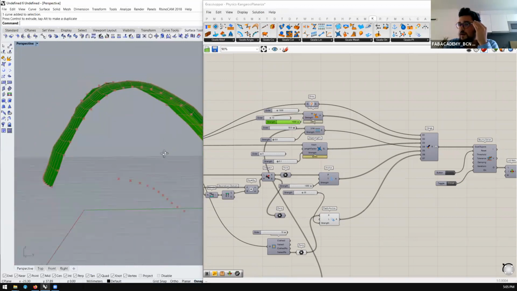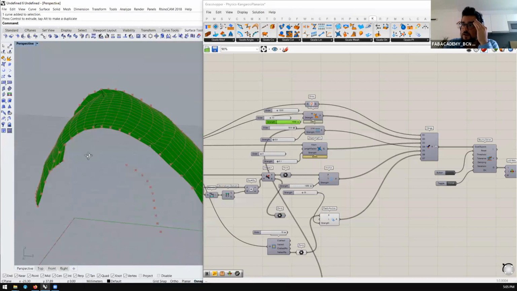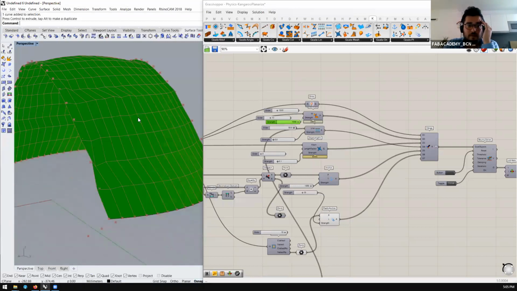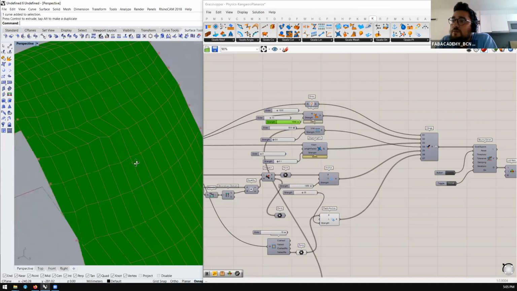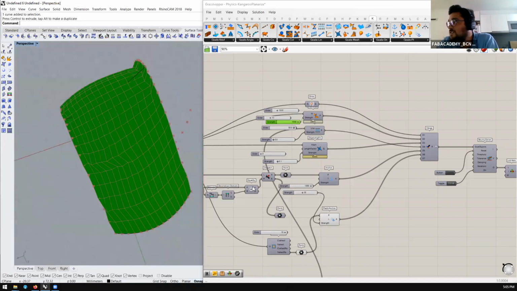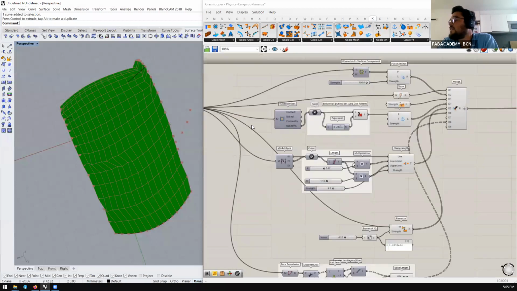Okay, we have planarized a shape. The dome is ugly as hell. It's a reality. But this could be completely fabricatable. So it's about spending more and more time with it. Actually,